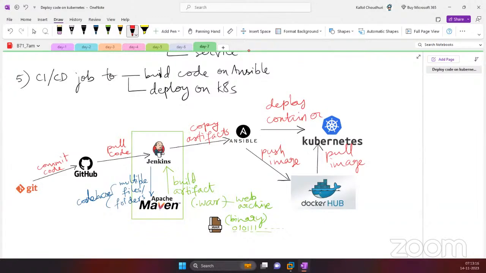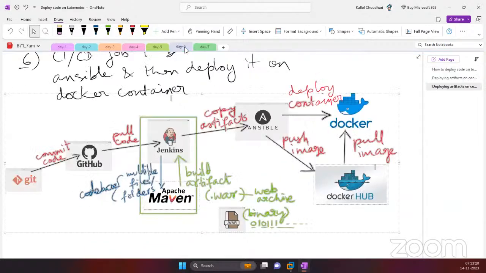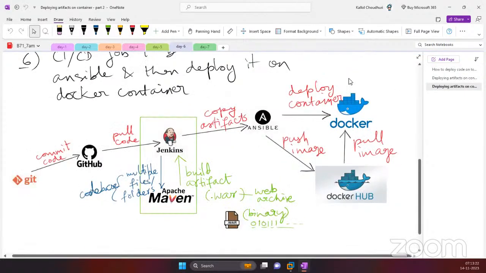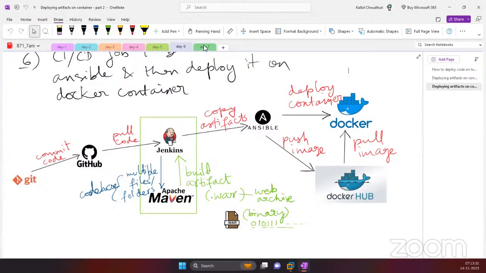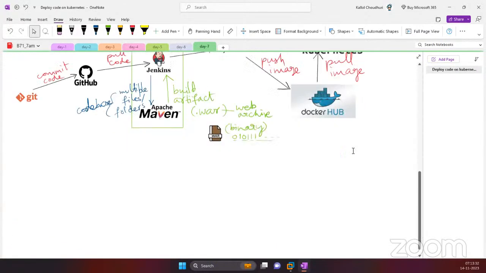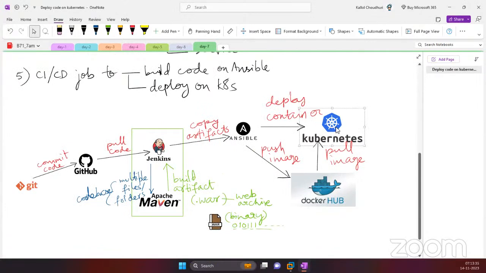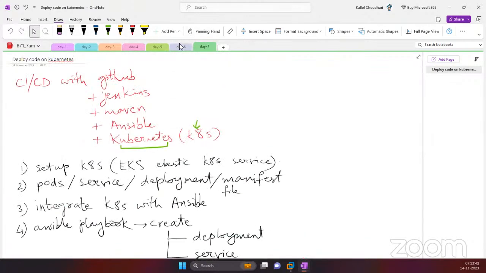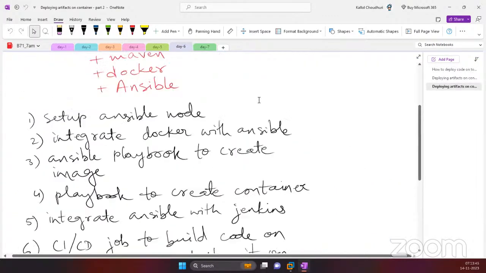Yeah. So basically, the main difference here between this image and this image is only that the containers are, instead of being deployed in Docker, one major shift, and this major shift is a huge thing actually. We are going to deploy it on Kubernetes. So overall, this is actually in a very